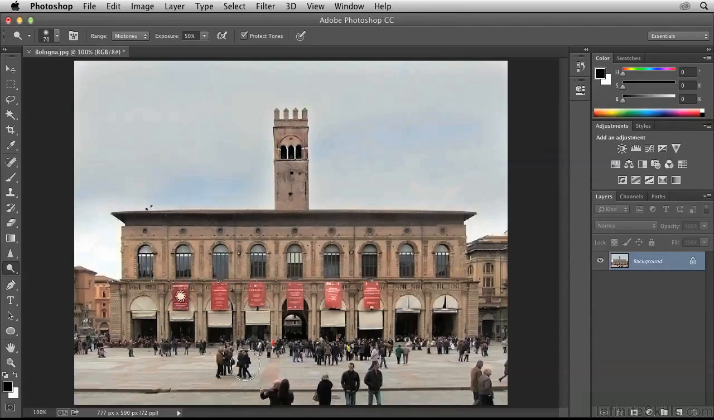Finally, I'd like to blur out some of the people down here in the foreground. To do that, use the Blur tool and set strength to 50%. And paint over the people here in the midground. And then increase strength to 100% and paint over the people in the foreground. And while you're at it, paint over the curb so that we can create a depth of field effect that draws the eye straight to the building so you don't focus on these